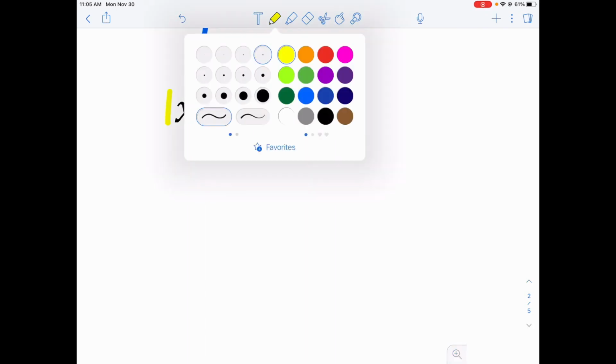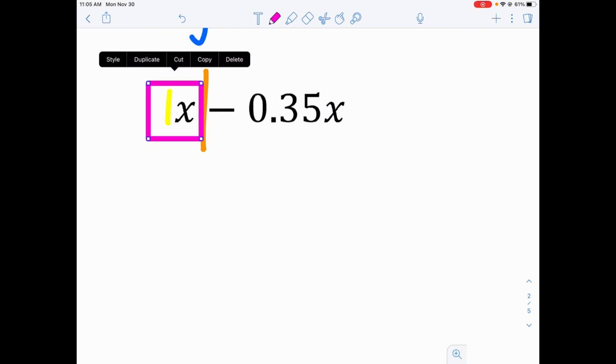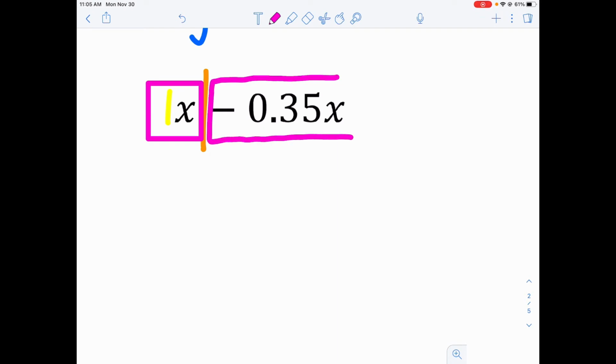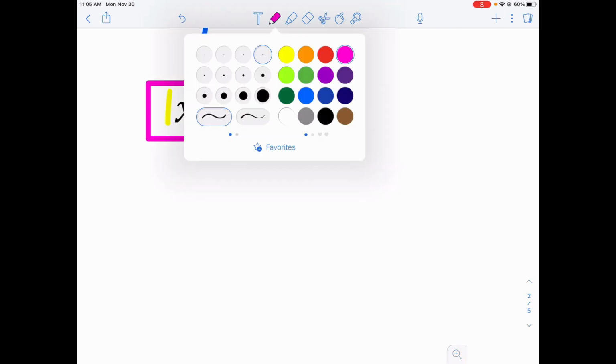Now I'm going to go through and I'm going to identify like terms. So I'm going to put a box around 1x, and I'm looking for anything in this expression that has the same variable with the same exponent. So there's only one other term. It has an x. That x has the same variable, so I'm going to go ahead and put a box around this as well. Now they are like terms, so I'm going to go ahead and link them